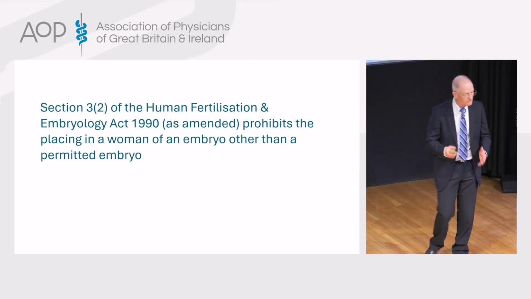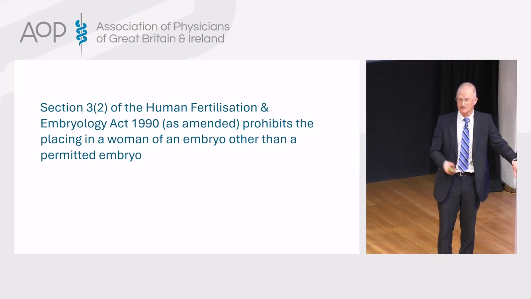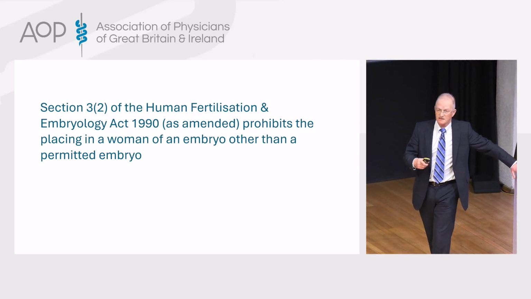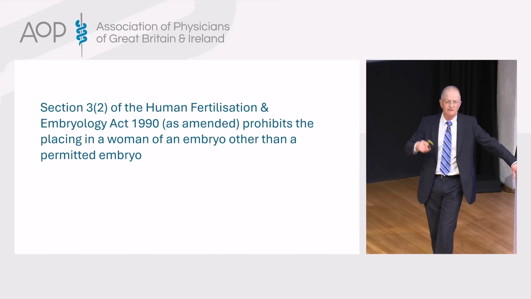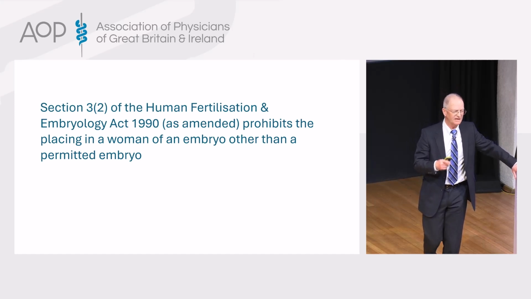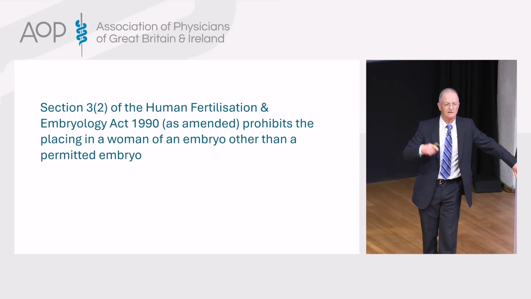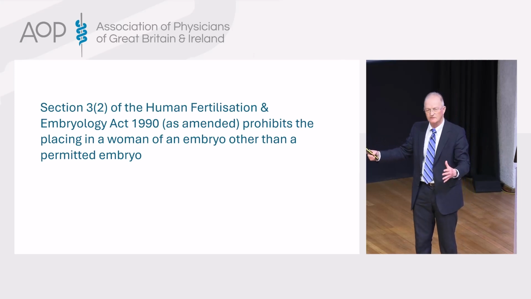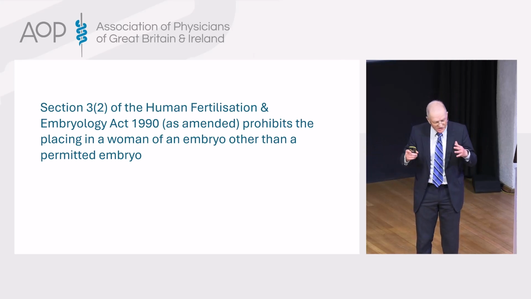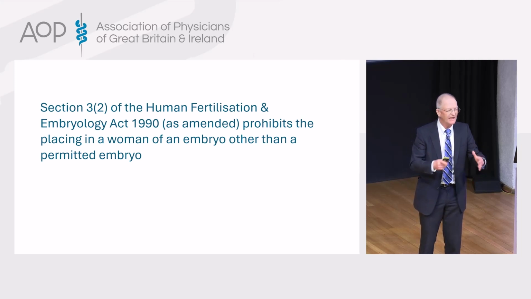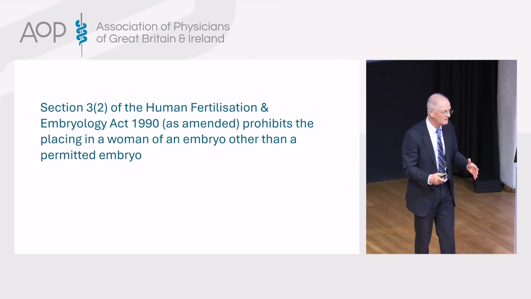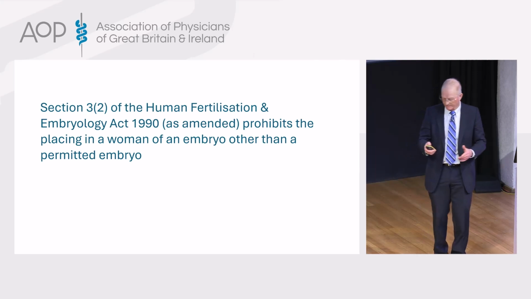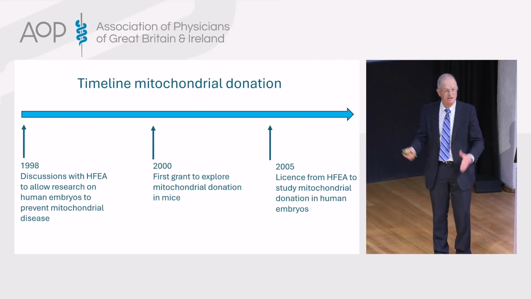As I pointed out this morning, we had that initial idea back in the 1990s, but it was not allowed. We were not allowed to do it because of the Human Fertilization Embryology Act. And the reason why it wasn't allowed in the Human Embryology Act is because they wanted to prevent cloning. Any sort of nuclear transfer could effectively have been a way of doing cloning. So it was sensible to stop it, but if we ever want to see this as a treatment, we needed to be able to change the law. And this was a long journey, and I'll just highlight the timeline of this.